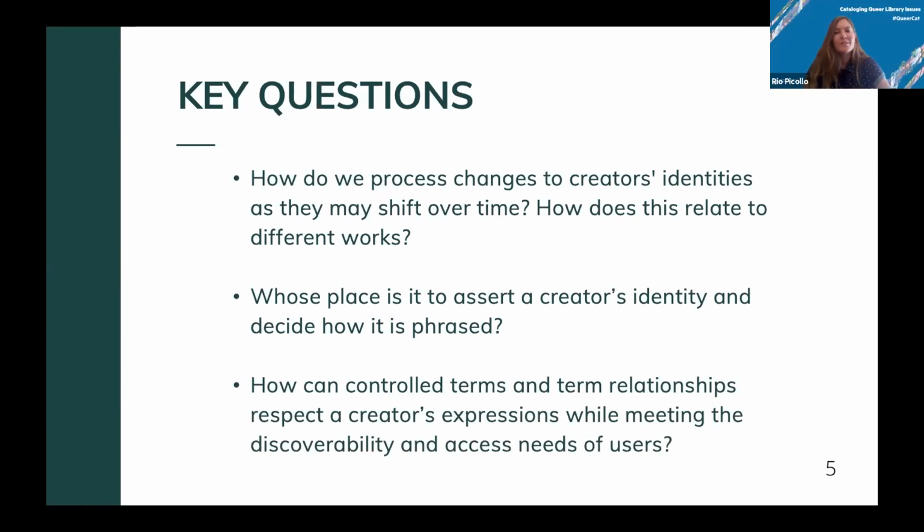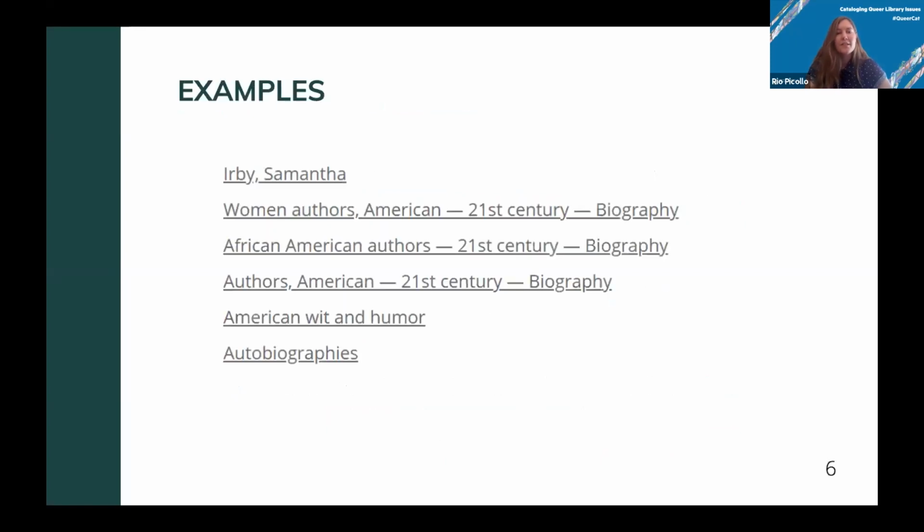Thanks. Yeah, as Laura mentioned, these are the sorts of questions that have prompted us to refine our cataloging and classification in a way that's both useful for patrons as well as authentic to creators. The current limitations for queer labeling in Library of Congress subject headings are well documented, as folks familiar with Homosaurus are aware, but here are a couple of examples to start. The first are the subject headings for Samantha Irby's Wow, No Thank You, a collection that includes essays about her coming out as queer and her relationship with her wife, among other things. However, those aspects are not reflected in the subject headings in LC. It's worth noting that her identity as a woman and as African-American are reflected here, but queerness isn't, despite it also being a large part of the author's self-identity and in her work as well.